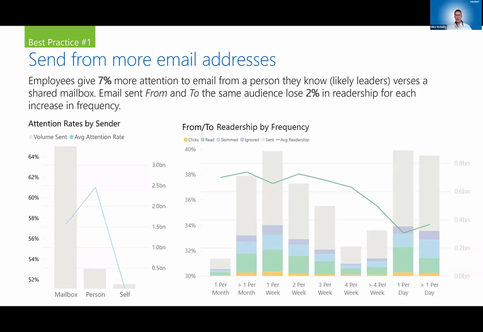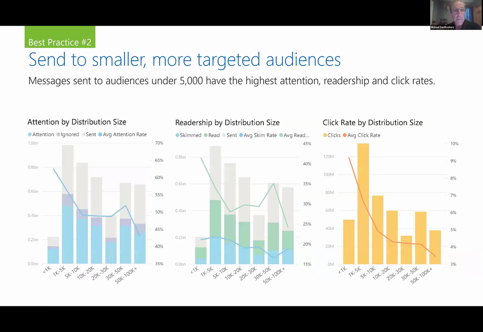Yep. So it's like a combination. From address A shouldn't always go to audience A. You have to keep mixing up those combinations. Yeah, so multiple from addresses. That's the key takeaway here. Should mix it up. Sounds like it. Yep. All right. And then